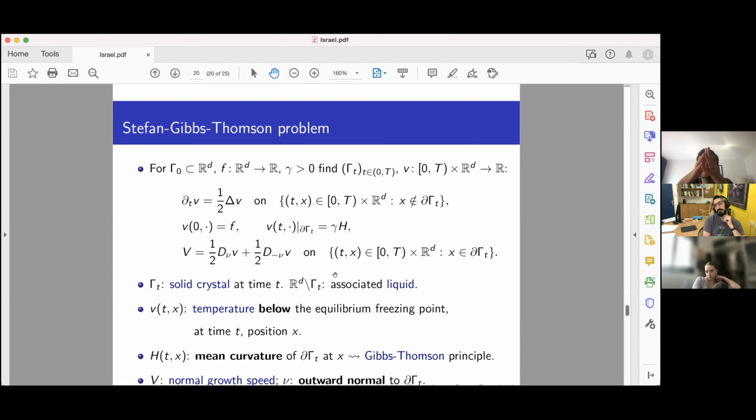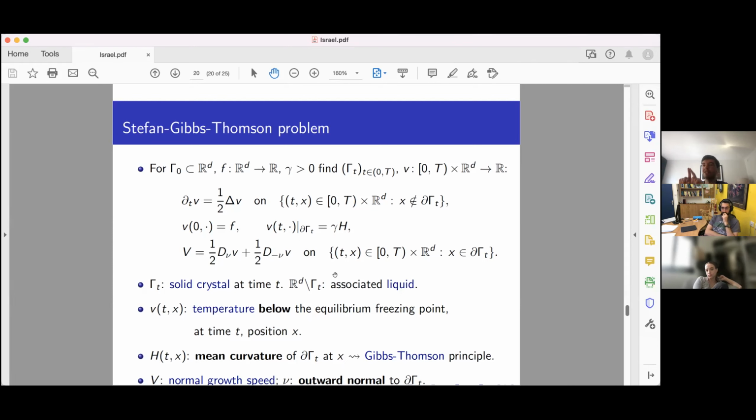And what it says is that if you have an ice block and you try to understand how it will grow at a certain boundary point, if it is a point of high curvature, so if it is the tip, let's say for a long dendrite, then to be in equilibrium with the water at that point, the temperature of the water has to be very negative. So it has to be very cold. So in other words, in reality, if the water is not that cold, you will have an accelerated growth. So you will grow more quickly at points where,